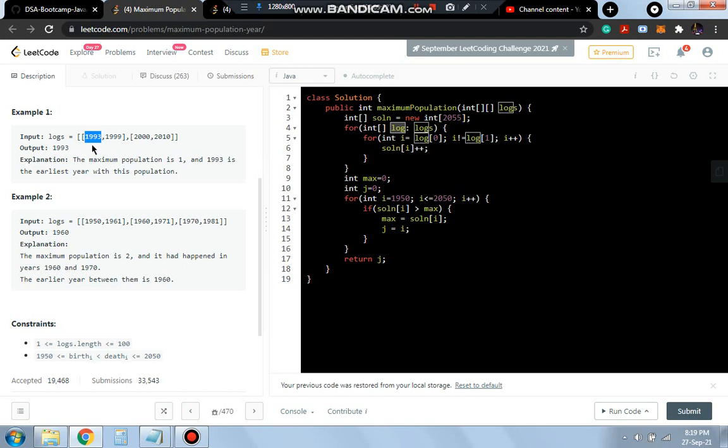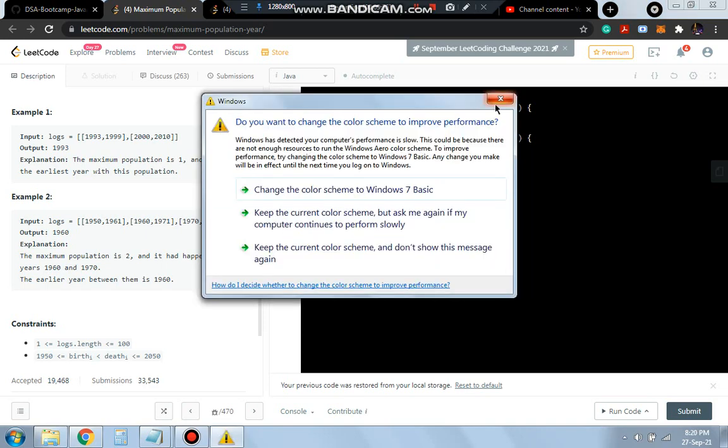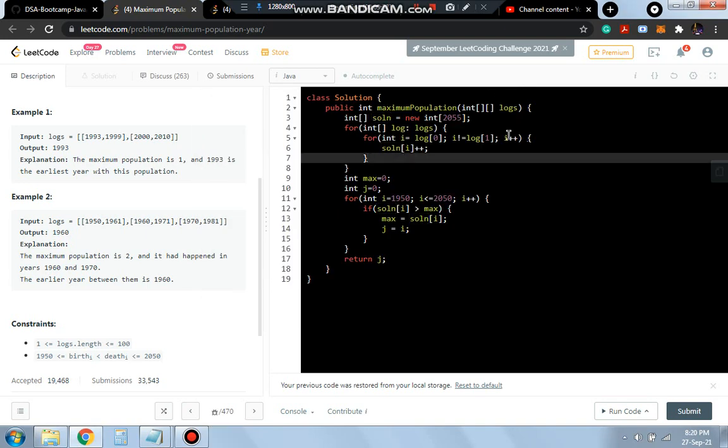We'll increment those index values using solution of i, where i is initially 1993. That location in the solution array will become 1; before it was 0, it became 1. Then i will become 1994, that will become 1 in the solution array, then 1995, like that till 1998. When it is 1999 it will not increment.